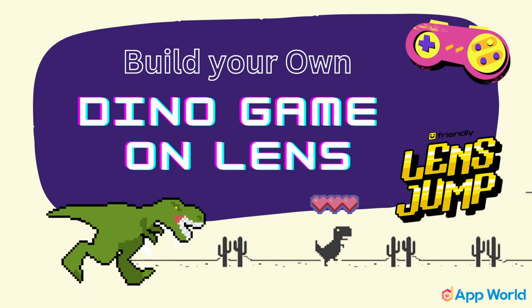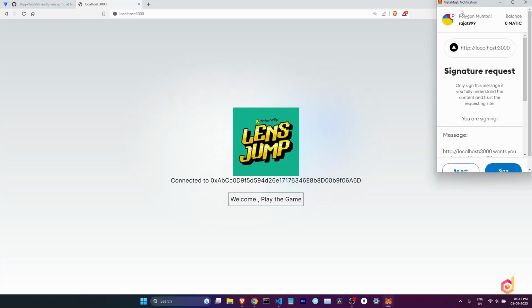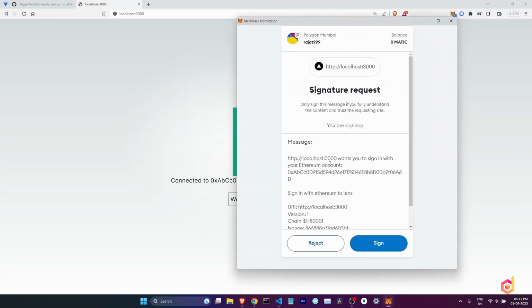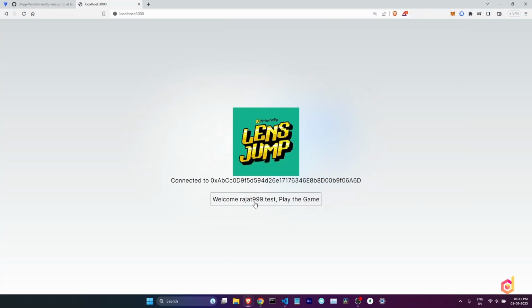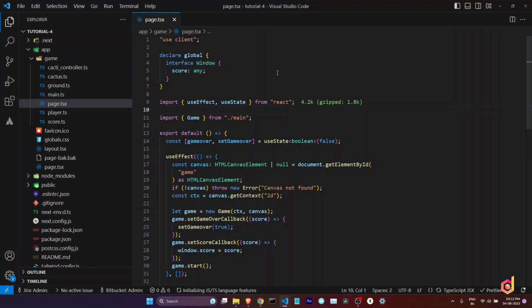In the previous tutorial, we successfully connected MetaMask with our application and logged in with our Lens handle. In this tutorial, we will load our friends list from the Lens handle and challenge them. Now to begin, open the game folder in the VS Code editor and create a new file named